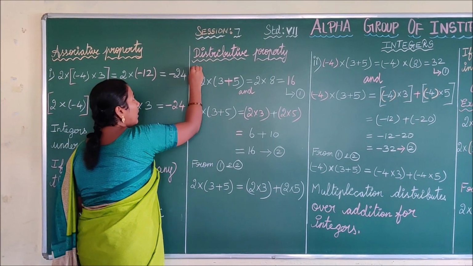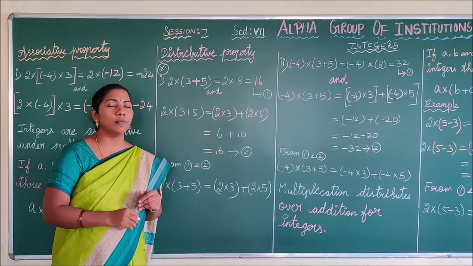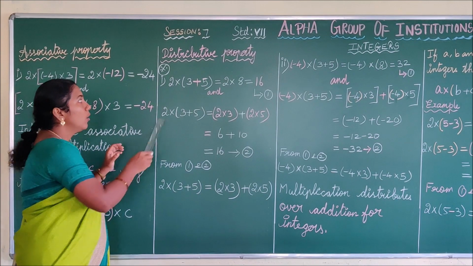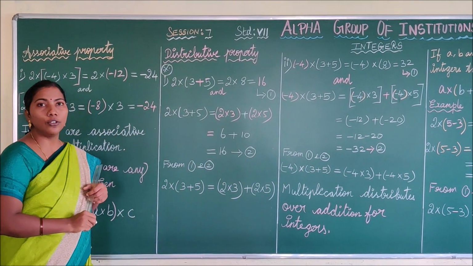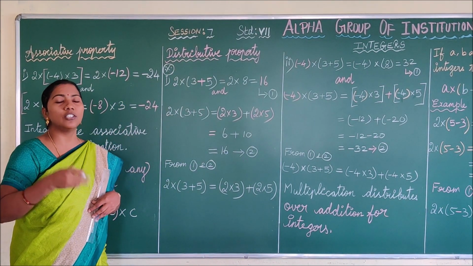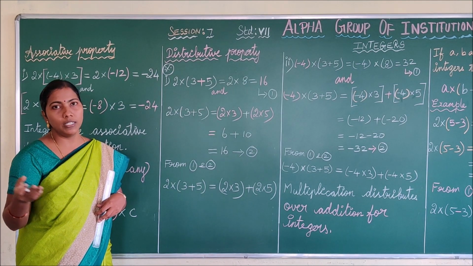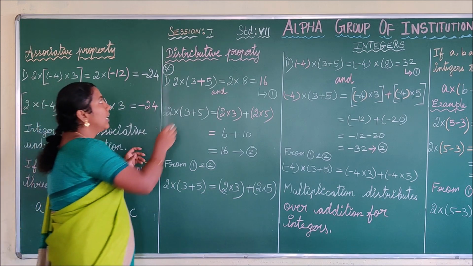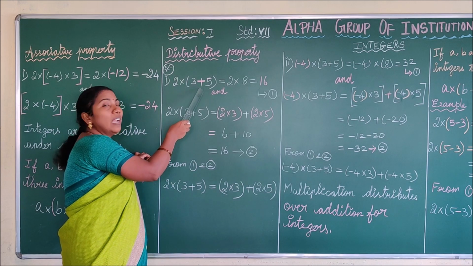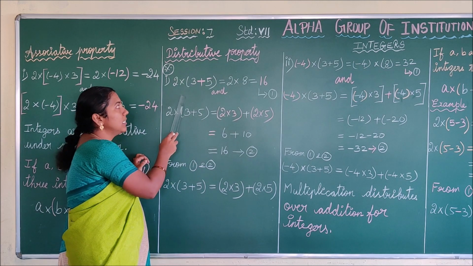Next we are going to see the distributive property. This is an important property and this is a special property. Why we are saying this distributive property is special is that in this property we are going to use 2 operations. See here, children, multiplication and addition we are going to use. The name itself helps us understand: distributive. Paper distribution means they distribute the paper, sweet distribution means they distribute some sweets, like that. Here what they distribute is the operation multiplication over addition. They also distribute the multiplication over subtraction. Let us see that later.